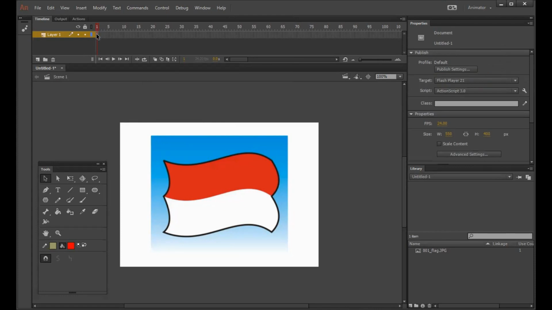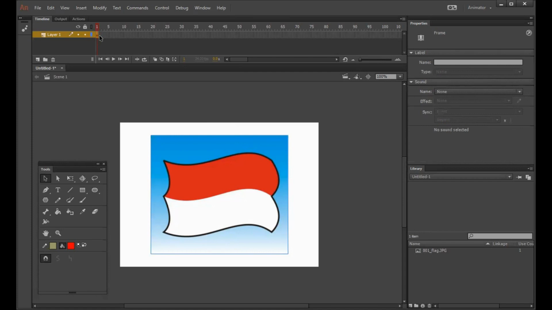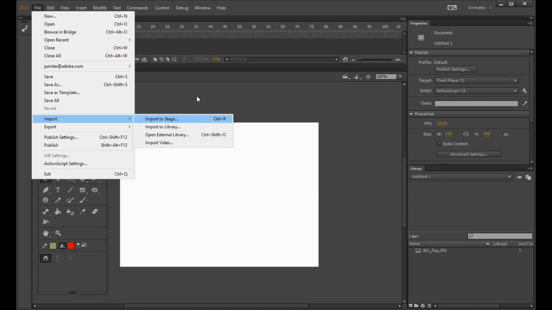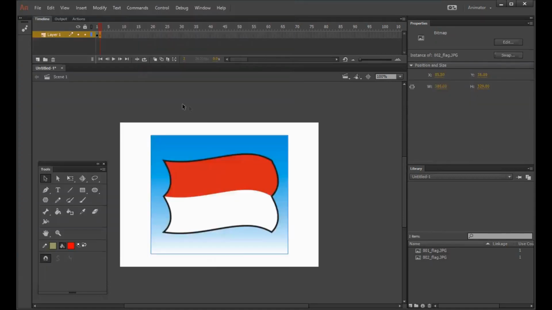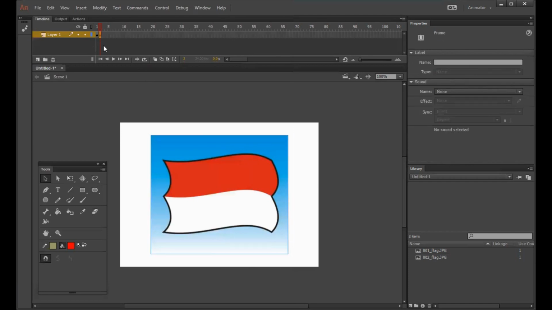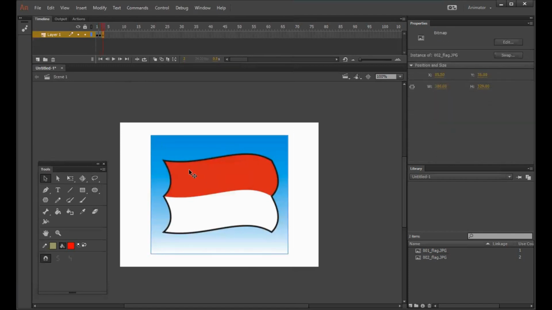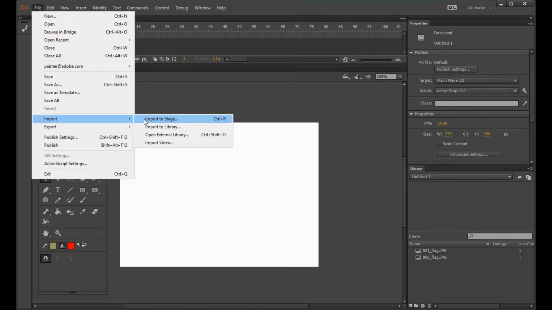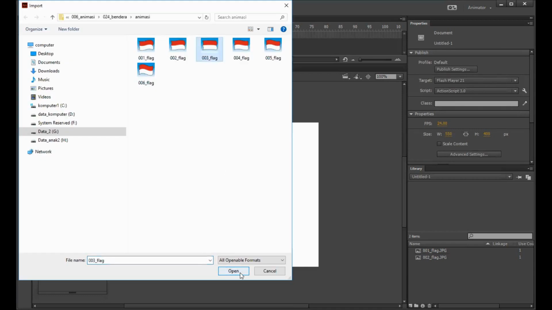After that, we can copy this frame with function 6, and then delete. You can import the stage number 3, number 2, and then copy and then change to number 3.